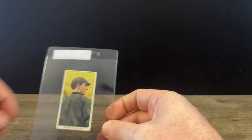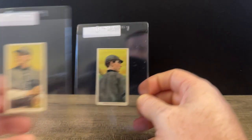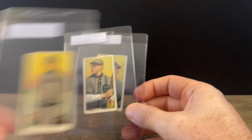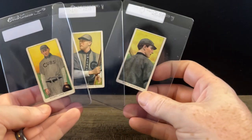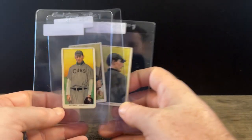And then I've picked up a handful of Cubs cards as well. I think in total this month I picked up about 15 to 20 T206 cards. Most of them are in rough shape, but here are the Cubs ones that I picked up: Frank Schulte, Harry Steinfeldt, and Ed Reulbach. And these will all get sent off to SGC shortly to get graded, because I want to grade all of the Cubs cards. These 3 together all have the yellow background, and I think they look great together as a set. I'm down to only needing 6 Cubs cards after I picked up